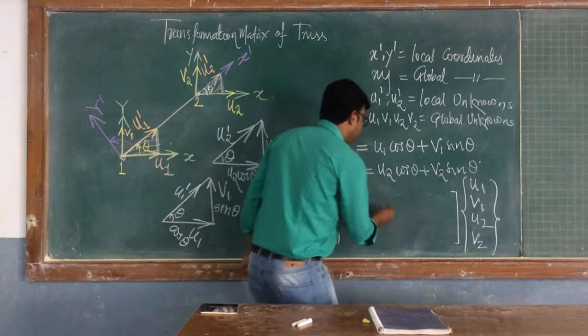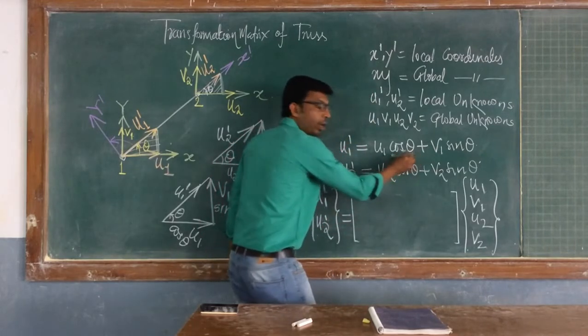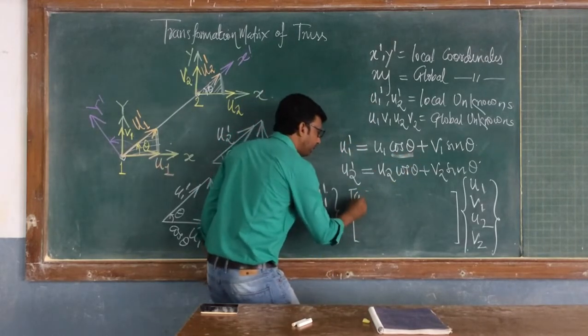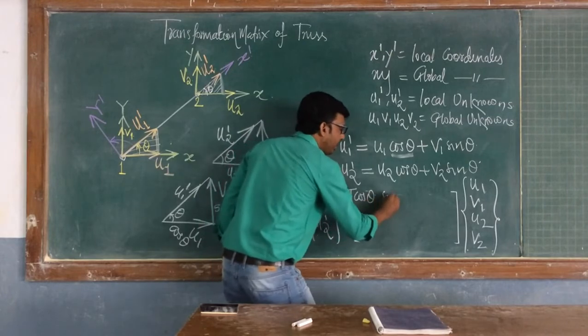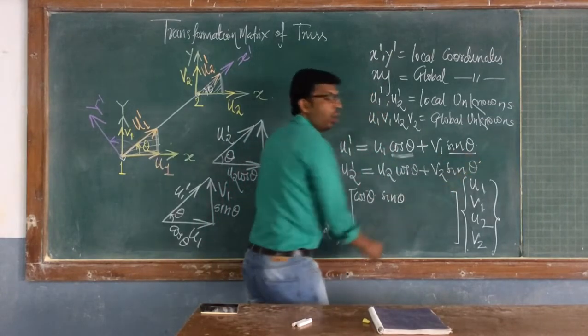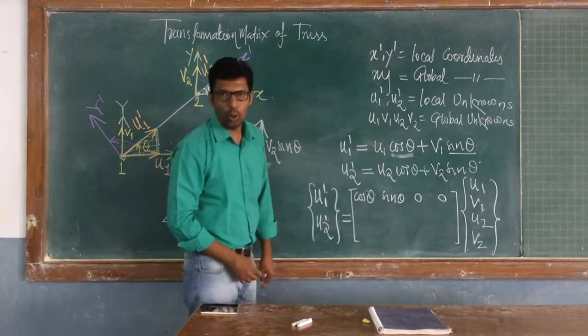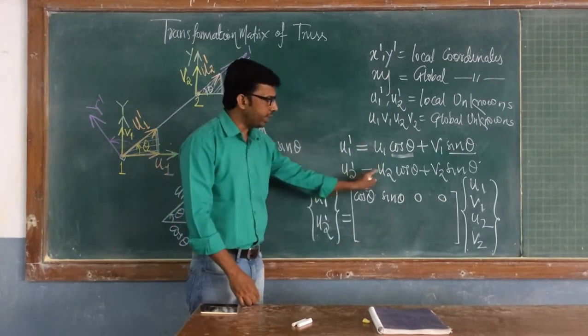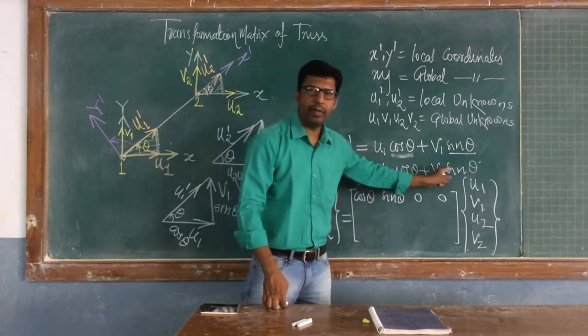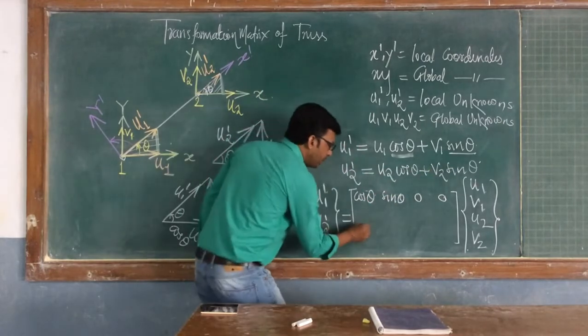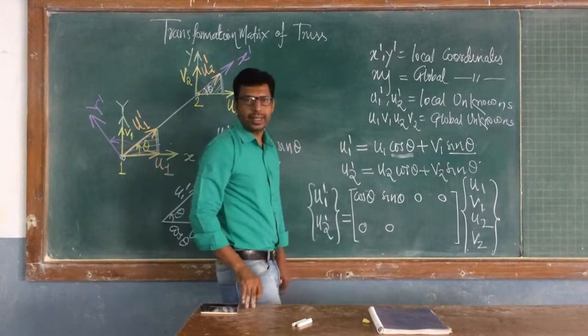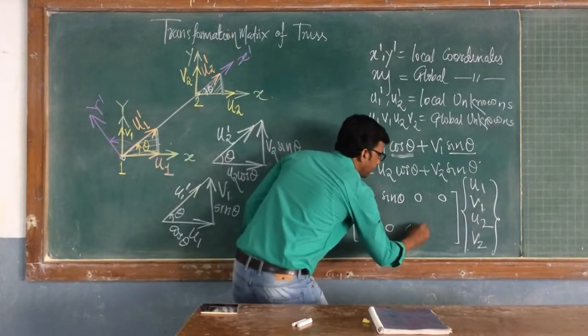It means the first coefficient is cos theta, then sin theta, then 0, 0 in the first row. And u2 dash is equal to u2 cos theta plus v2 sin theta, meaning the first two elements are 0 and then cos theta,